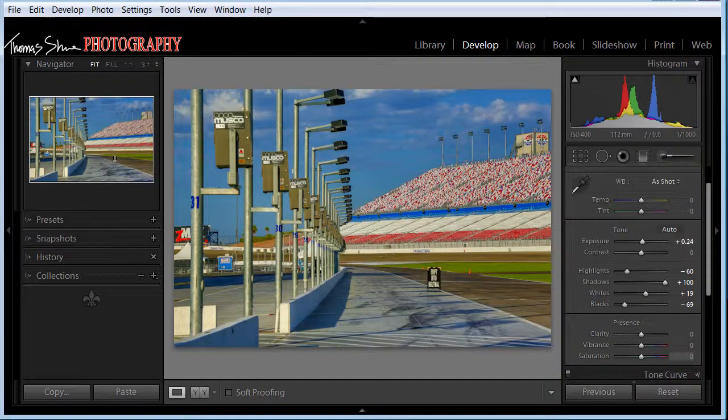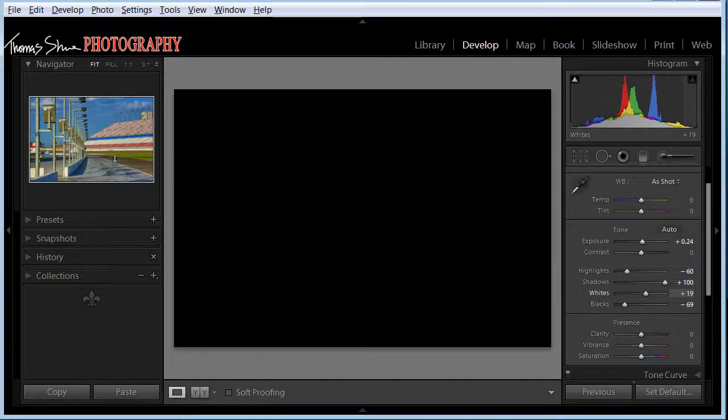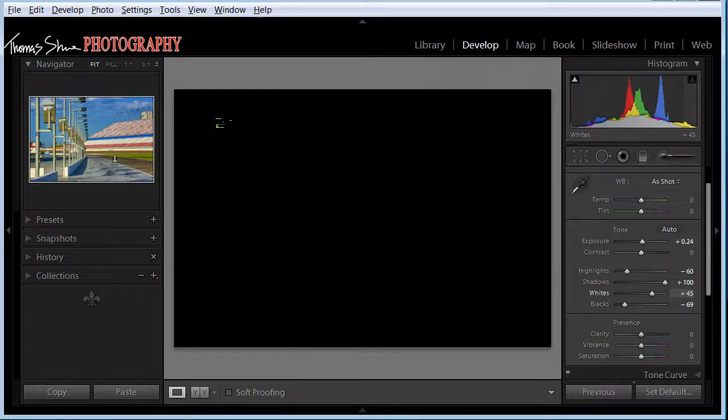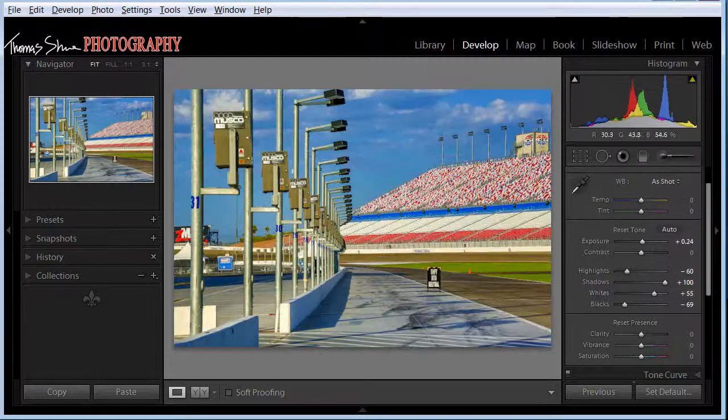Okay. Now let's do the same thing for our white point. Let's bring this up until we have a white. We know that curb right here is where the sun's hitting, and I don't want to make that completely white, but we'll start to make it whiter. There it is right there. It's starting to come in and it's starting to turn white. Okay, so now if we look at the image now, you'll see that it's a lot richer than it was